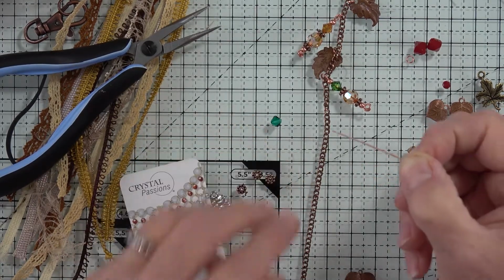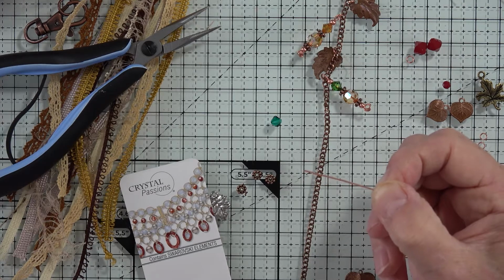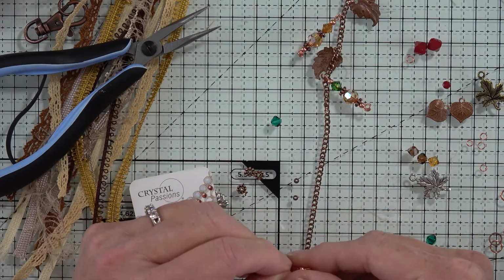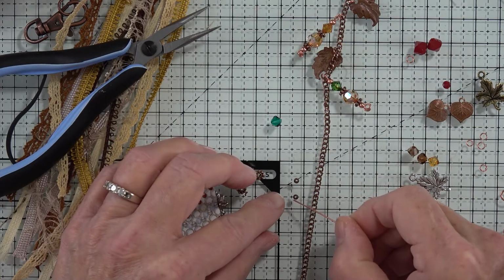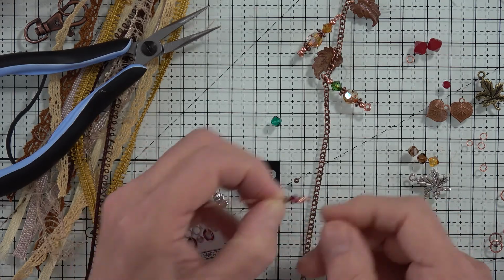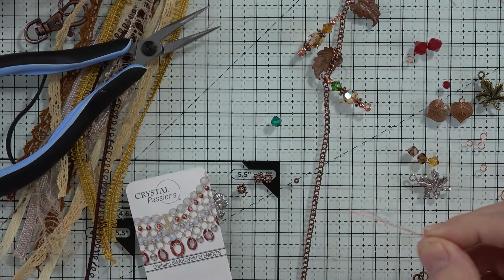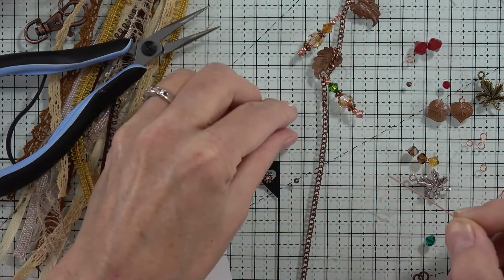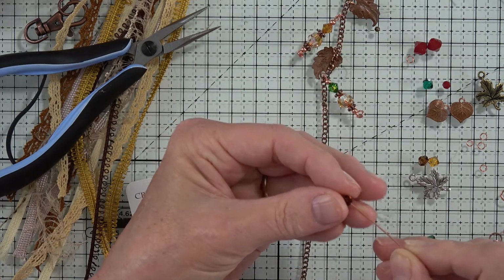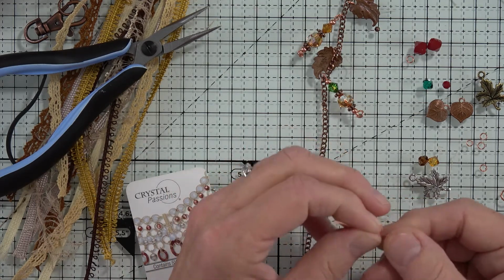So we're on to using another one of those. Let's see, what's this? Oh, it's a little tiny spacer bead. Maybe we should use that instead of that. Of course, that's nice to have that sameness there. There's a little copper one. But I'm not sure. I think we'll save that. Okay. Let's do the brown. Let's see, we have red and brown. And then I guess we'll go,